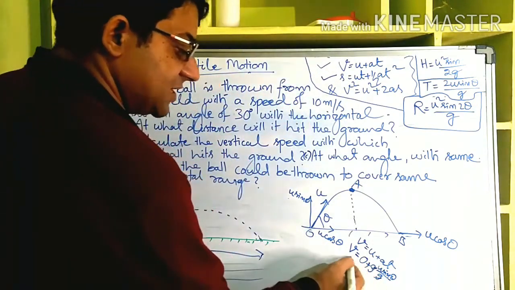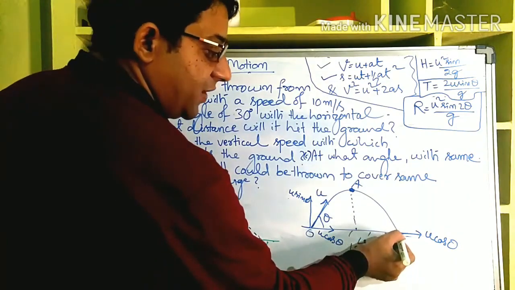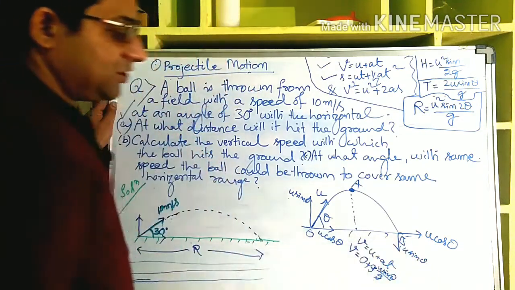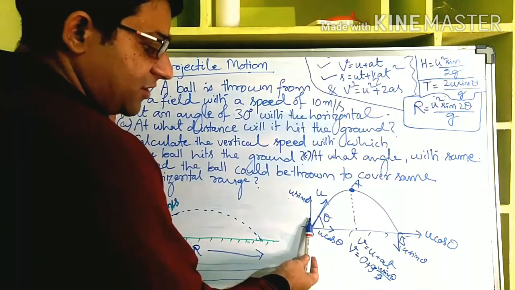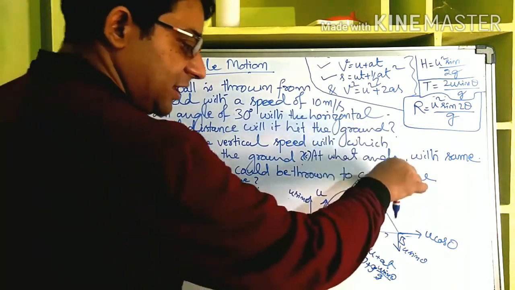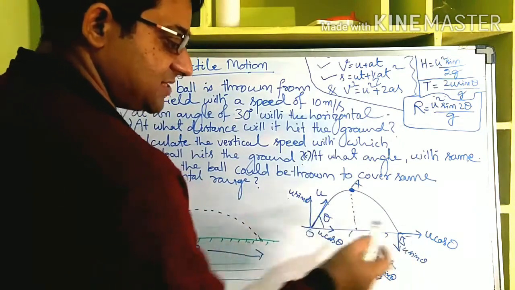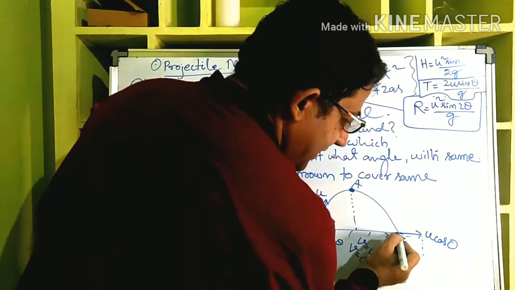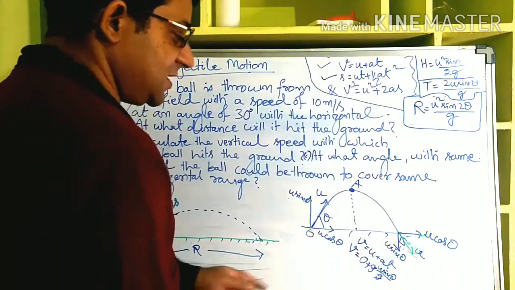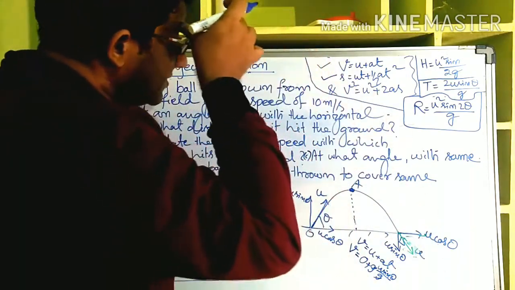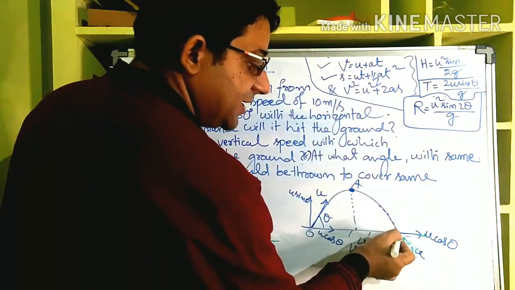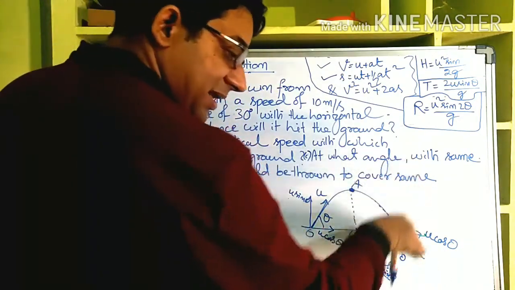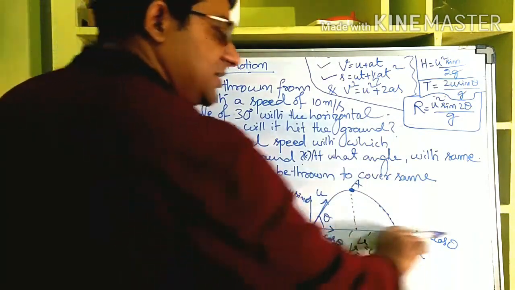Now g got cancelled, v is equal to u sin theta. So v vertically is downward, u sin theta. Now the thing is, the vertical velocity upward was u sin theta and the downward is u sin theta again. So this remains the same. Resultant of these two components also is the same, right? It's u only. The speed was u and now also the speed is u, wherever it is hitting the ground, along that path it is u only. So the vertical component is remaining like that, only the direction is changed, and the horizontal component, its direction also is the same.